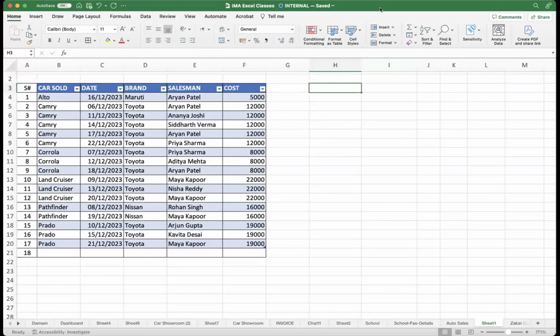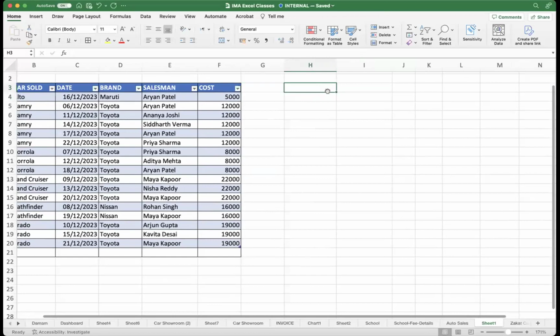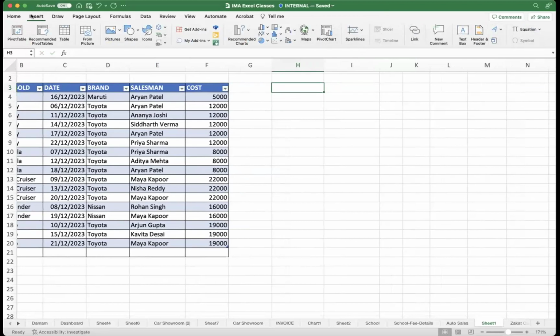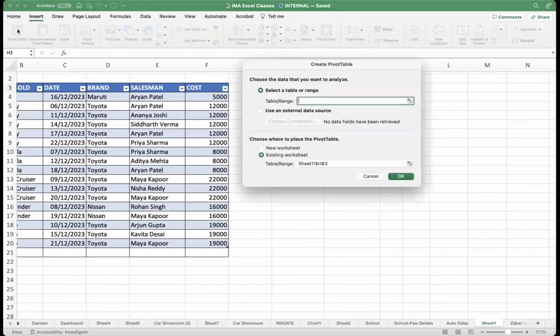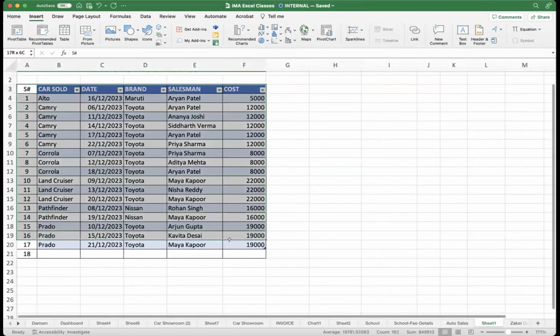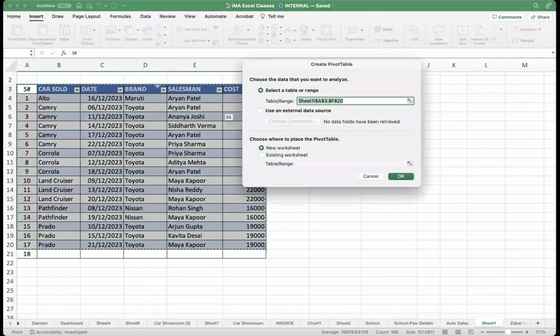पिवोट टेबल काम कैसा करता है, सबसे पहले आपको माउस पॉइंटर, जहां पे पिवोट टेबल इंसर्ट करना है वहां पे क्लिक करेंगे। उसके बाद इंसर्ट मेन्यू जाएंगे। इस रिबन में इंसर्ट में सबसे पहले जो चीज़ आती है वो पिवोट टेबल है। पिवोट टेबल जैसे ही क्लिक करेंगे, तो वो पूछेगा कि आपको डेटा कौन सा कहाँ पर है। आप ये भी कर सकते हैं कि मैं ऑलरेडी पहले डेटा को सेलेक्ट कर लेता हूँ, उसके बाद पिवोट टेबल को जाता हूँ, तो वो यहाँ पे ऑलरेडी सेलेक्ट करके बताएगा।